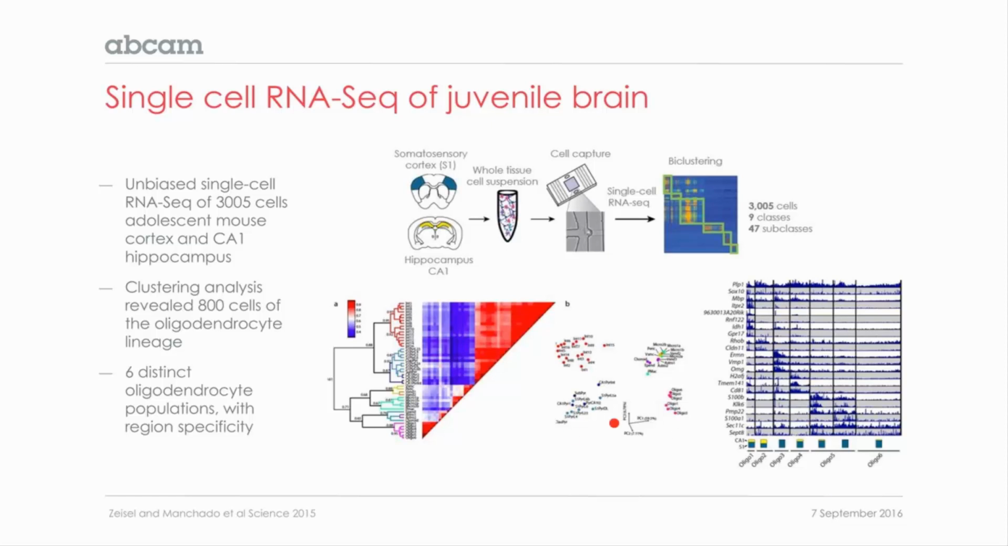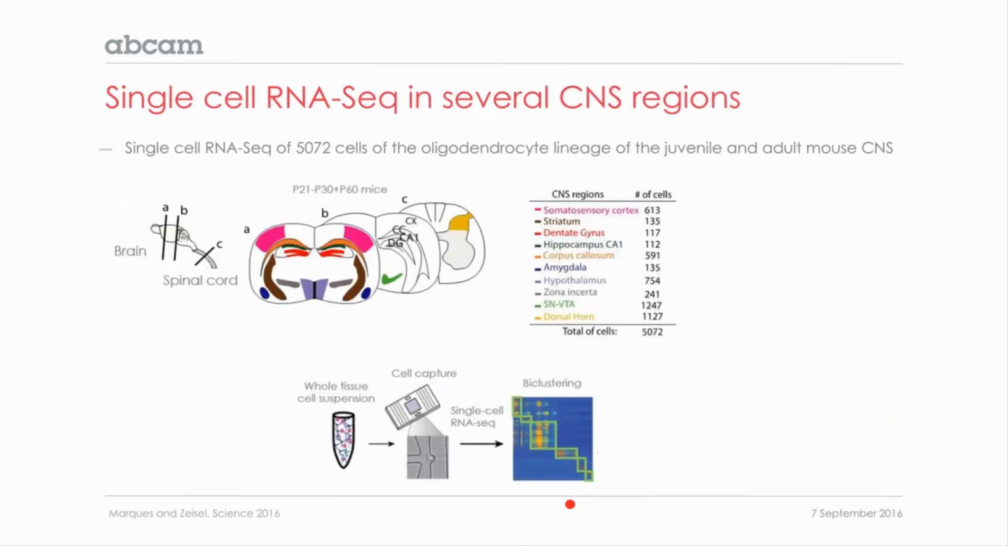What was also interesting in this analysis was that here in blue you have cells that come from the cortex, and in yellow cells that come from the hippocampus. And what we could see was that some populations, like this population oligo3, were mainly present in the cortex but not in the hippocampus, suggesting that there was also some region specificity. And this then prompted us to extend this study